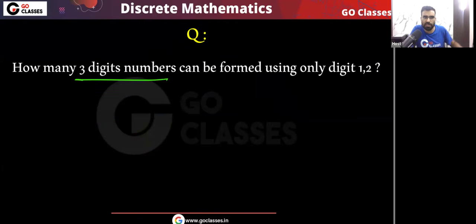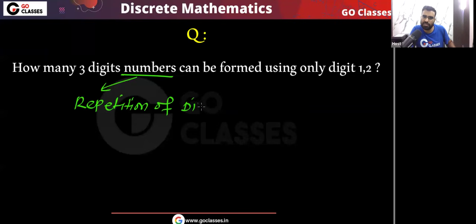We want 3-digit numbers. Now, because we want numbers, definitely repetition of digits is allowed by default. And the second thing, you can see that the order matters in the number.